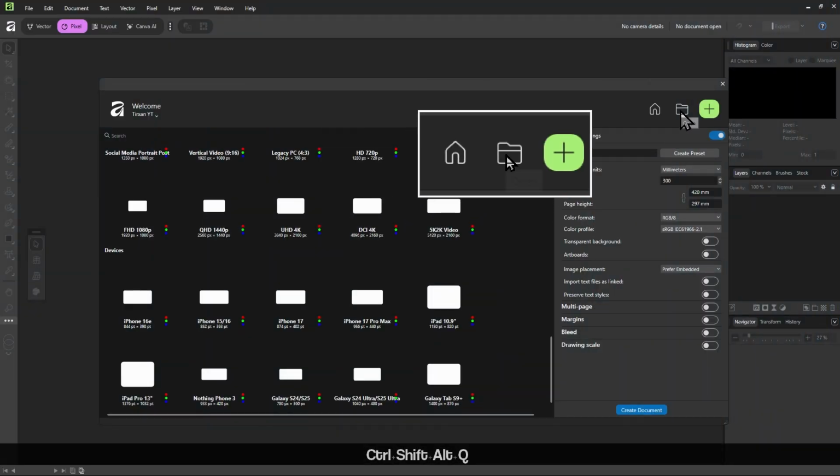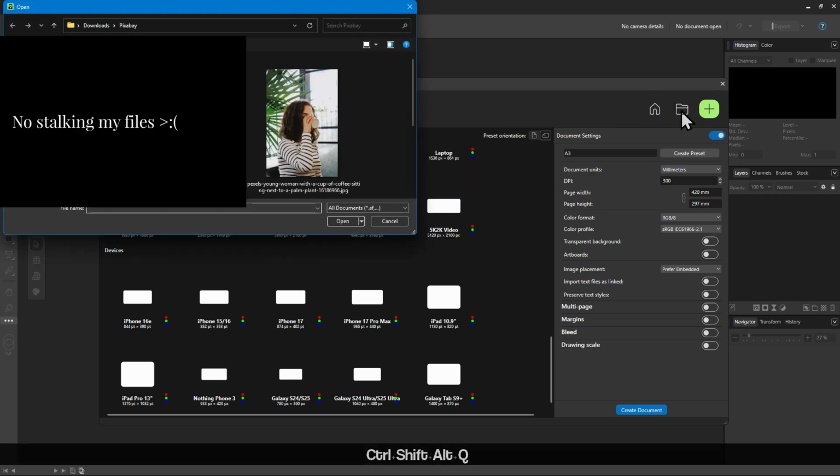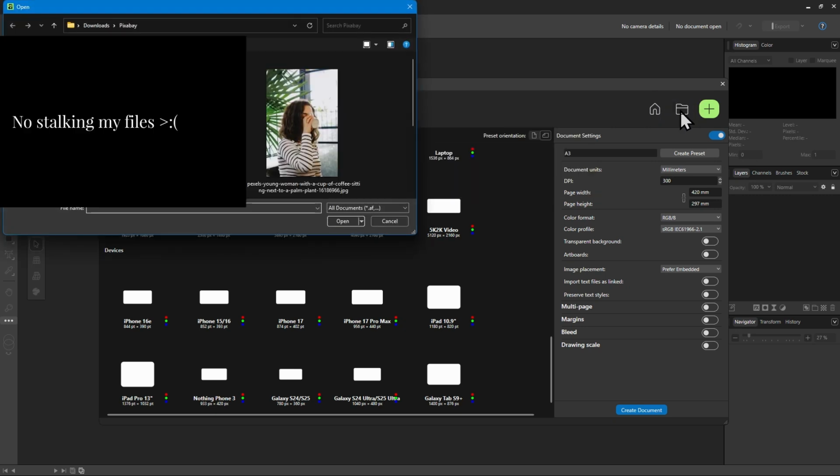If we click on this folder icon in here, we can actually open any images that we have saved on our computer. Here I have already downloaded an image which we will be using for the first parts of this course. You can download it through the link in the description.